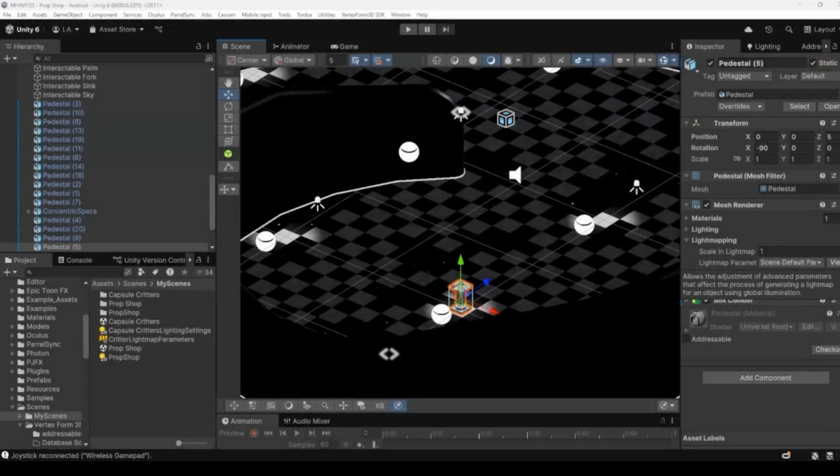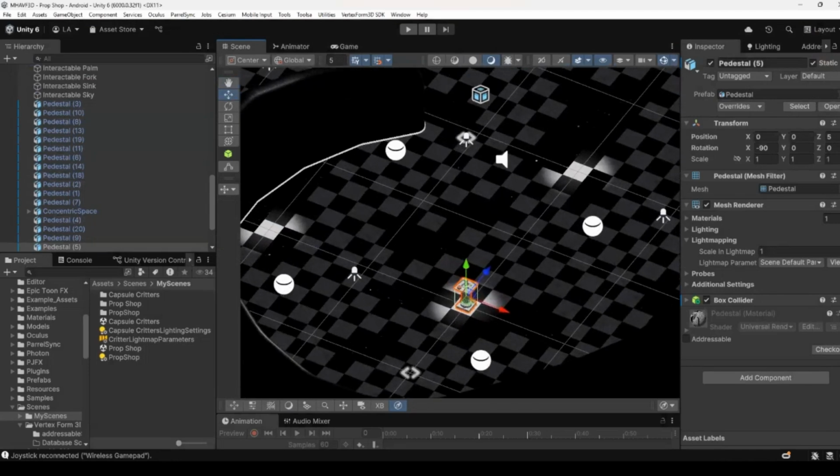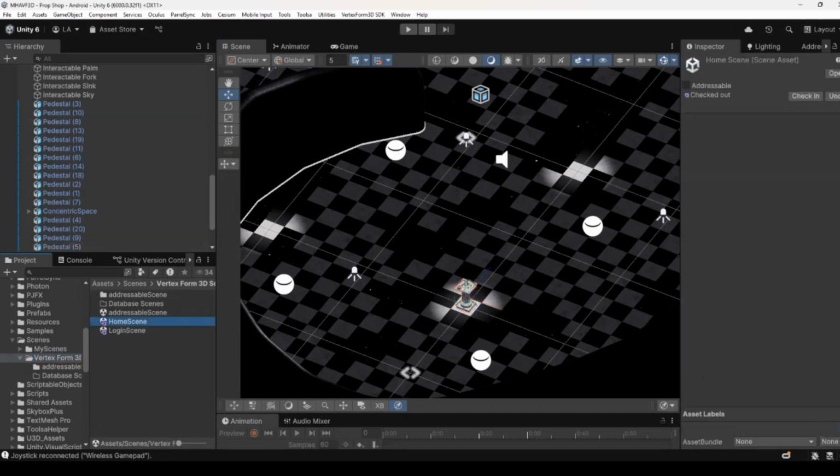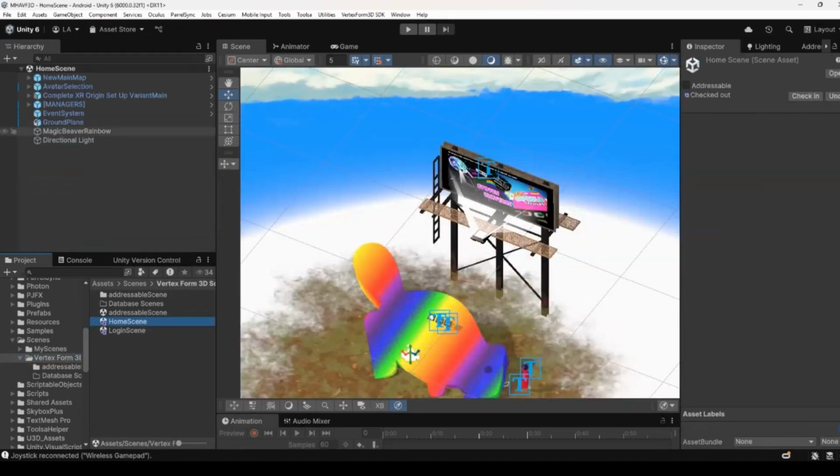So my thing is promoting 3D content creators and their art and helping them share. So I created this little prop shop, and that's why my app may or may not be currently working. You're seeing a work in progress. I'm gonna go back to the home scene and select the